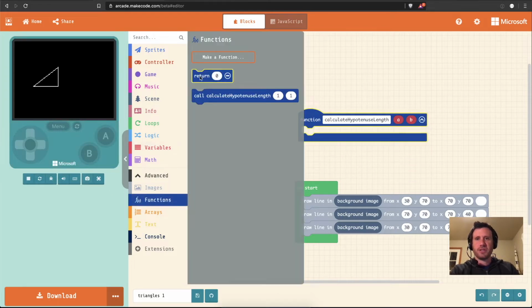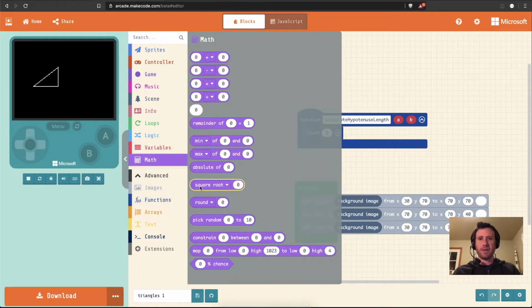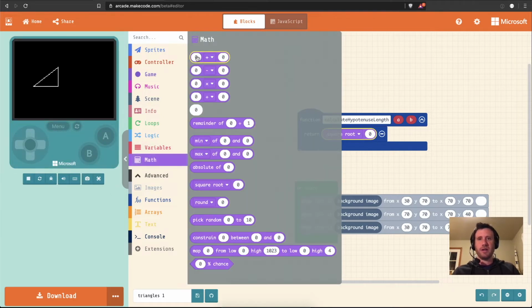And so this function is just going to return a value. If you don't have this return block, you may need to use the beta editor. It hasn't made its way to the full editor yet. So if you go to look for a return block and it's not there, you may just need to use beta. I think eventually it's going to make its way over to the main editor. But we're going to return the square root of the sum